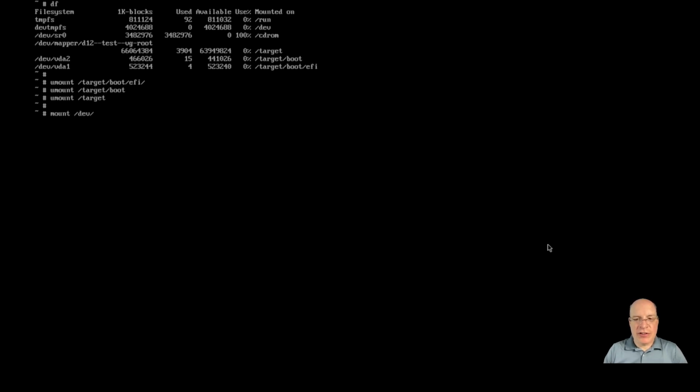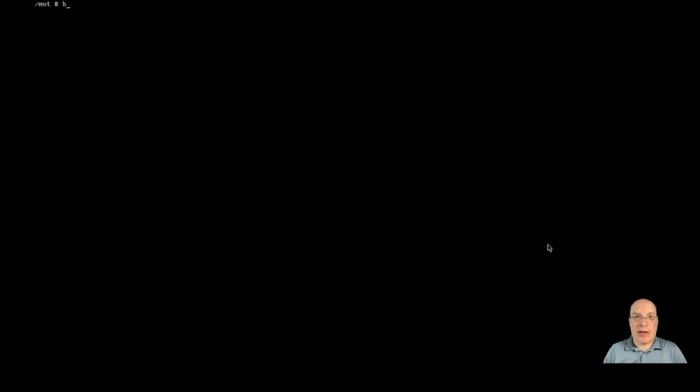Step 1. You've probably seen this before in other videos, including mine. And then we're going to mount dev mapper, and the volume group for root is D12 blah blah blah on /mount. And then we'll change directory into /mount. And as you can see, it already did a @root file system subvolume. We're going to rename that to @ make it compatible with timeshift if you want to do that. And we're going to create some additional subvolumes,